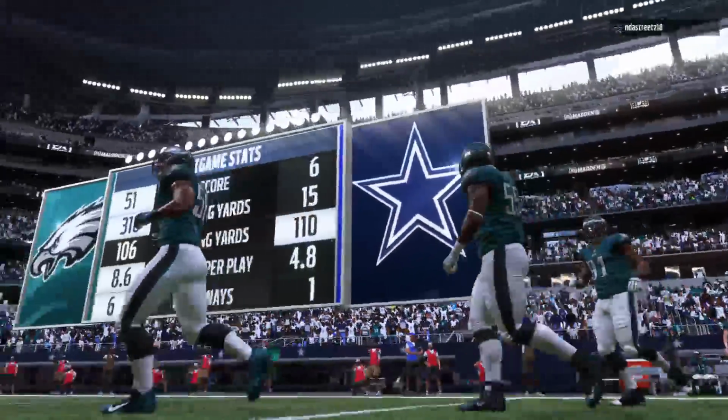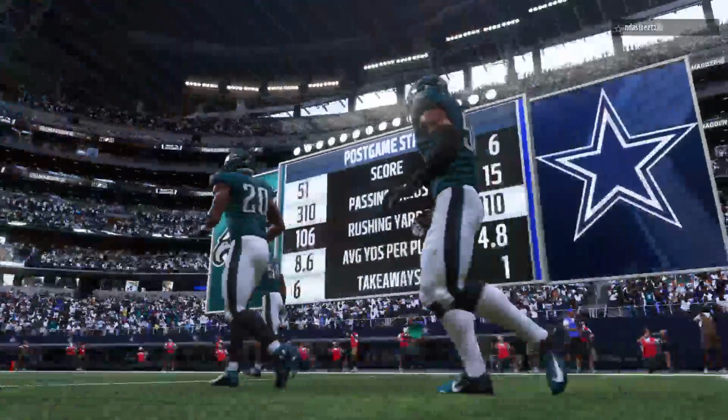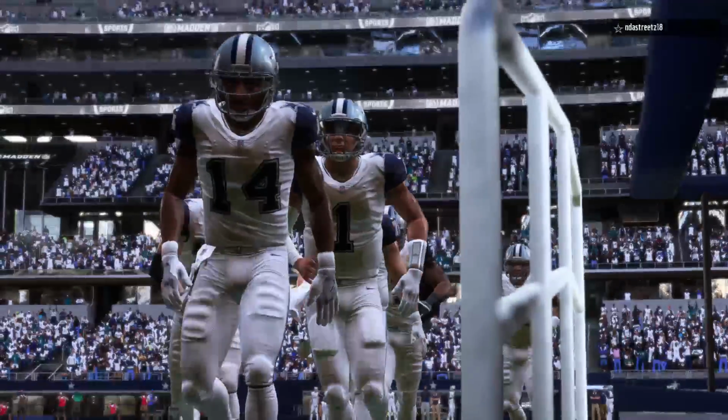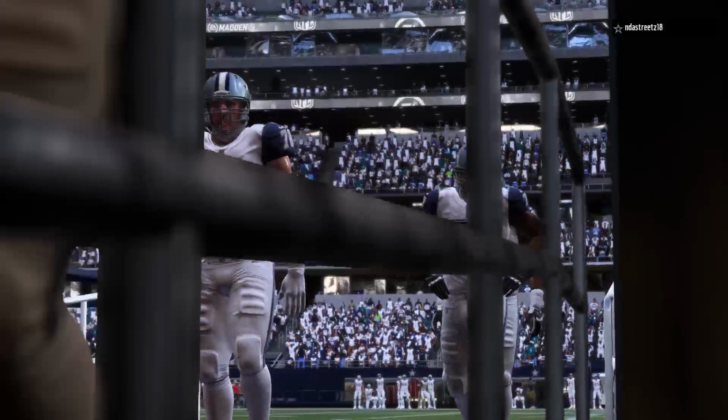So for Philadelphia, that's now five wins on the campaign as they get the job done here. And they'll return home next week to take on the Detroit Lions. Meanwhile, for the Cowboys, they've fallen out of things now as they sink to